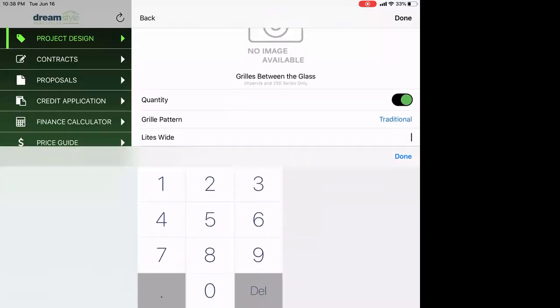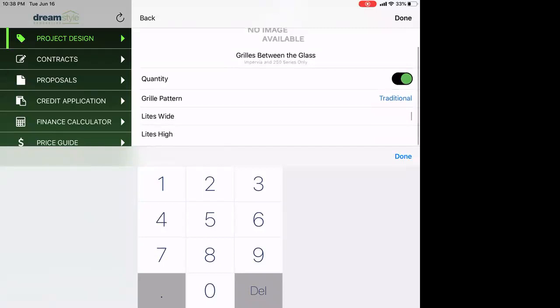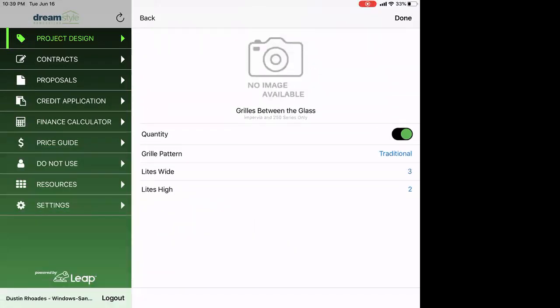Next is wide and tall. Let's say I've got a grid and there's boxes. There's 3 boxes to the right and 2 boxes tall per sash, right? So if I count the boxes, the little squares inside the sash, which goes back and forth, that would mean there would be 1, 2, 3 wide by 1, 2 tall. So I'd need to make sure that I put that in there correctly. So if it's 3 wide by 2 tall, then again, that's going to show me what I'm looking at. So once I hit done,